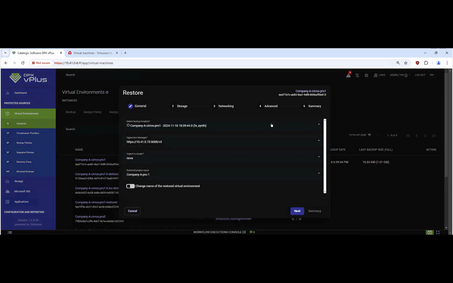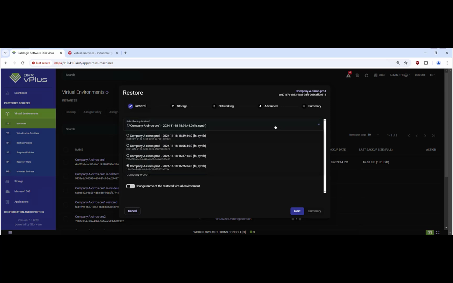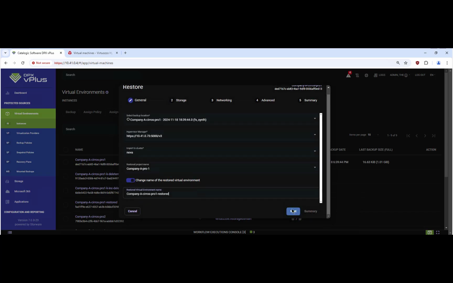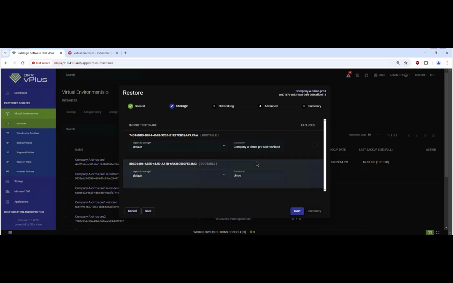So here is where I can select the backup location, the snapshots that I have listed within my backup location, and then the hypervisor manager destination that I'm going to want to recreate that machine on. And this is where I can also rename projects, rename the virtual machine instance name. So if I want to just call this VM-restored, I can go ahead and do that, and then click on the next button in order to define the additional parameters of my restore from the storage, the networking, and other advanced options. Here I'm going to leave everything by default,